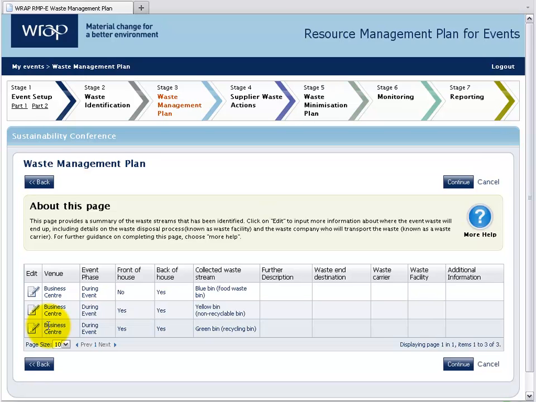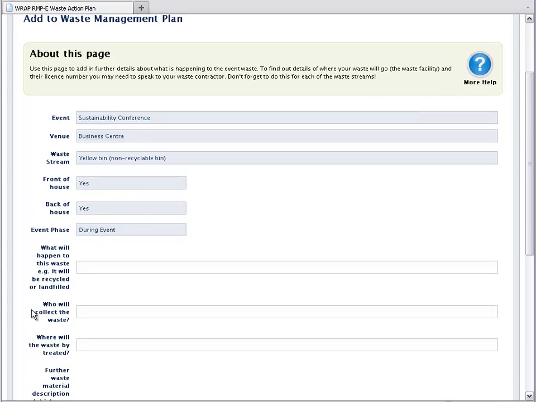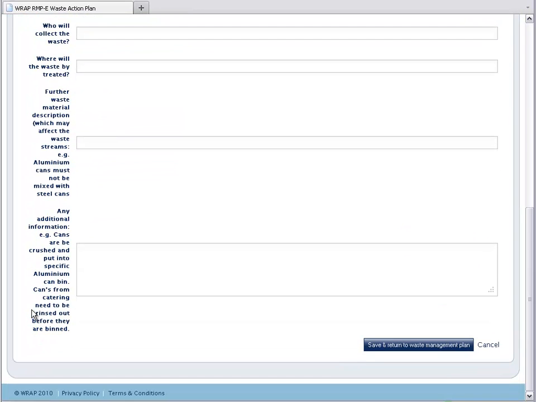To enter the additional information for each of the waste streams, click on the Edit button. In this example, we have selected the yellow bin, but we will fill in details for all the waste streams in turn. To make your event more sustainable, you need to promote reduce, reuse and recycling options first before considering